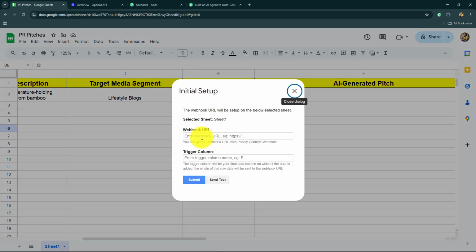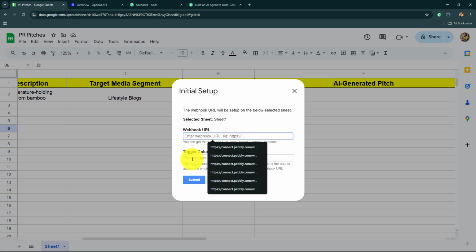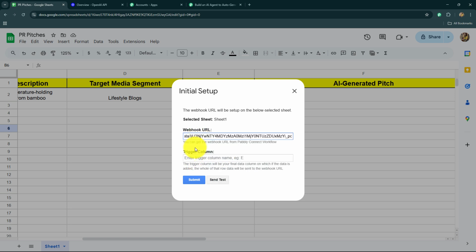Now here in the initial setup, we have to enter two details, webhook URL and the trigger column. First of all, in the webhook URL field, let's paste the URL which we have copied from Pabbly Connect. Then we have to go towards the trigger column. So here you have to decide from your spreadsheet a specific column which is going to act as a trigger column. For example, in my spreadsheet, I have the columns up till F, but I'm going to decide E as